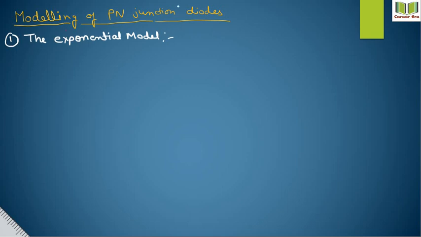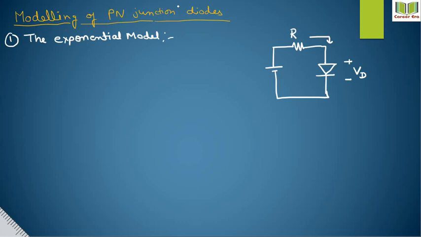Here I will draw a circuit of a diode. This is the resistance, and this is the PN junction diode, and this is a battery. This is the VD and resistance R. The current flowing through the diode is ID, and the biasing is VDD. Now,